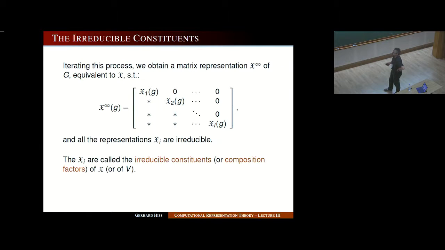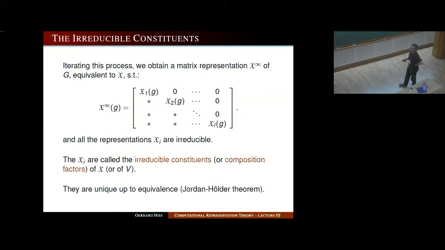And so these are the irreducible constituents or composition factors of the original representation, or of the vector space or the module, if you want to think of the representation as being afforded by a module. And they are unique up to equivalence by the Jordan-Hölder theorem, which is a very general theorem on such composition